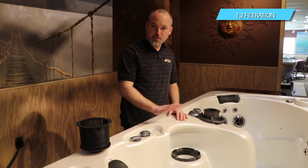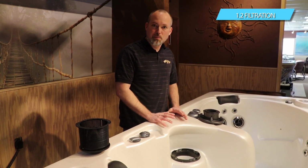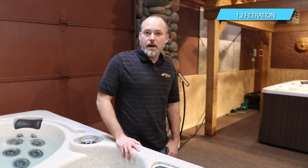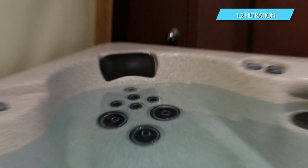Once it's full, always make sure that it's completely full before you turn the power on. But now that you have power to it and now that the spa is full, you're going to be able to get it going. Typical water level in the spa is always going to be 2 to 3 inches above that filter area. So as you can see in this tub here, it's going to be 2 to 3 inches